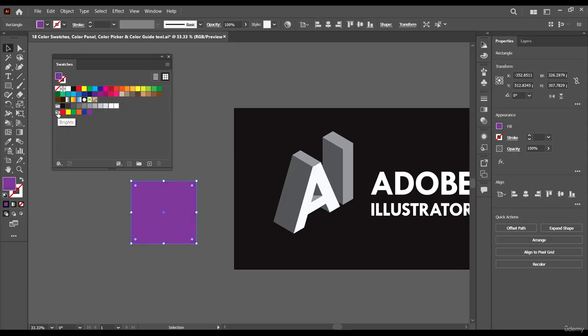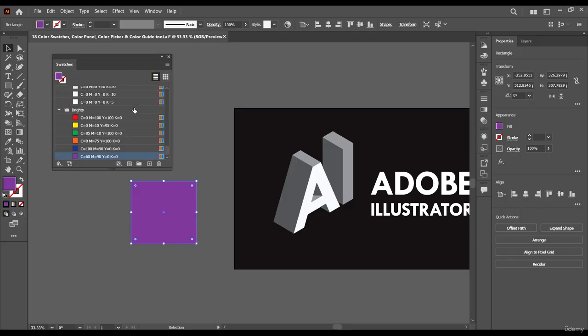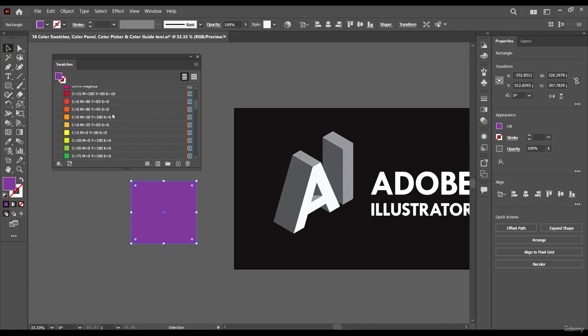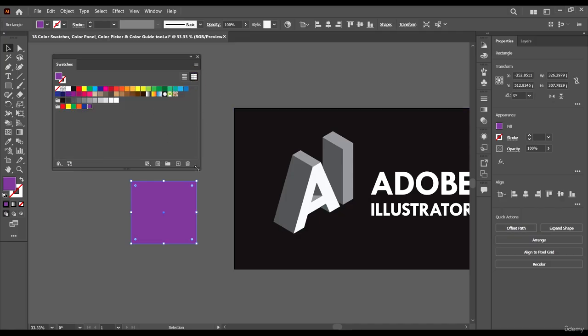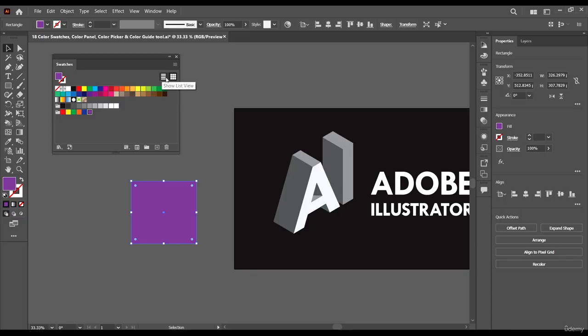And we have these ones which are called groups. Anyone you see with this kind of folder icon here is a group. So these are groups, and that's just how swatches work. We can create our swatches, we can create our groups, and we can toggle between views. This is a more condensed view with the color values, while this is a more graphic view, because we see the colors more clearly.